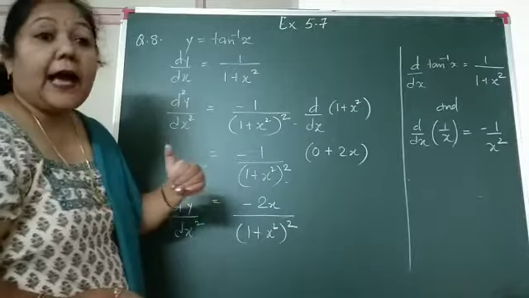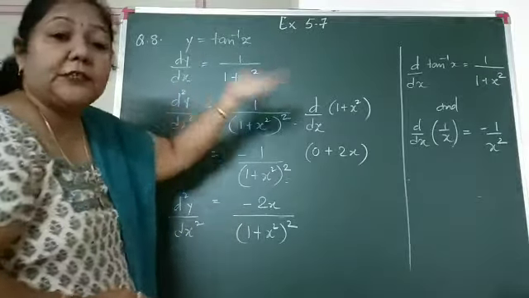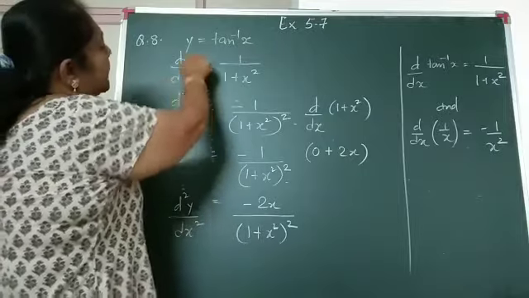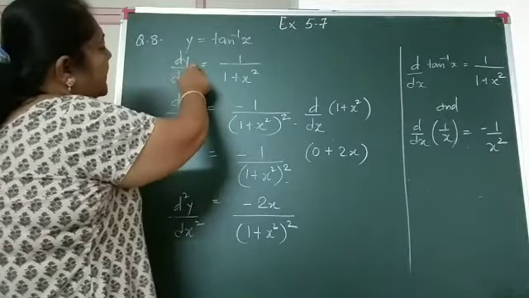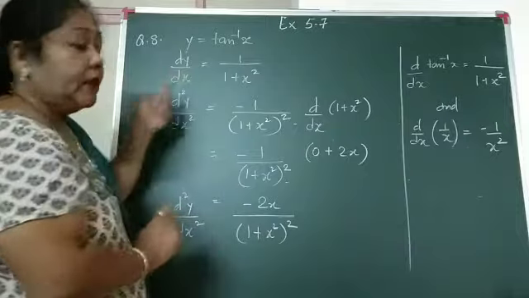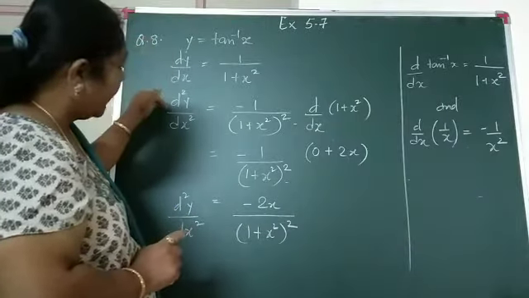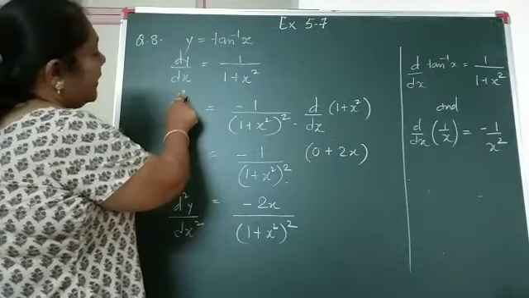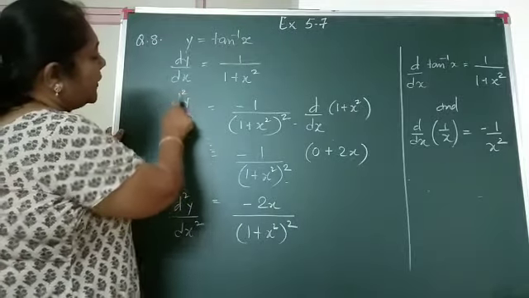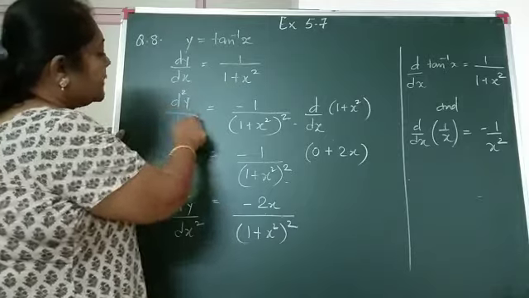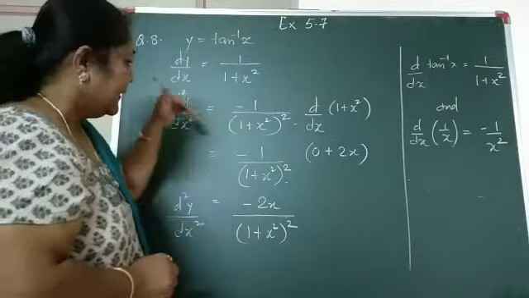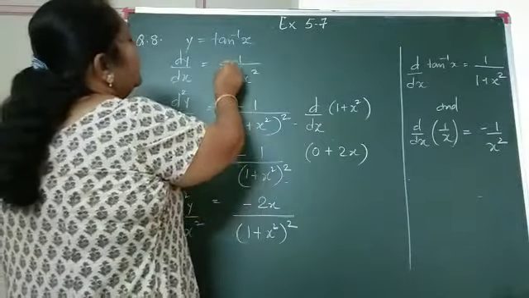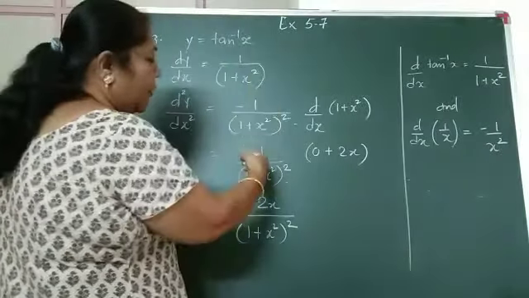Now, as the question says, I have to differentiate it twice. So one more time, when I differentiate dy by dx, which is the first order derivative, it becomes the second order derivative. So I have d square, which represents your second order derivative. So I have d squared y upon dx squared, the second time you are differentiating. Now I have to differentiate this term one more time.